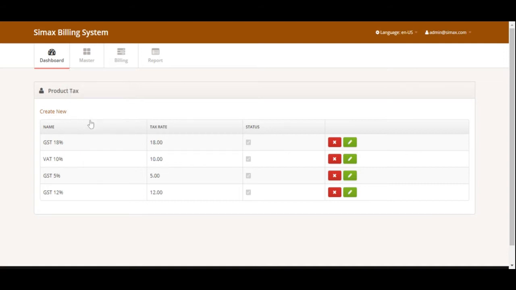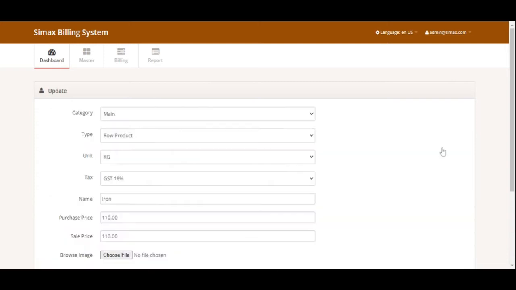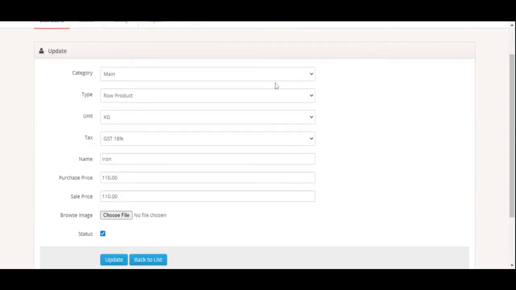The next one is product. Product category is main, product type is raw, and unit is kg. What type of tax do you want to apply to that particular product? It's GST 18. Name is iron. Purchase price is 110, and sale price.